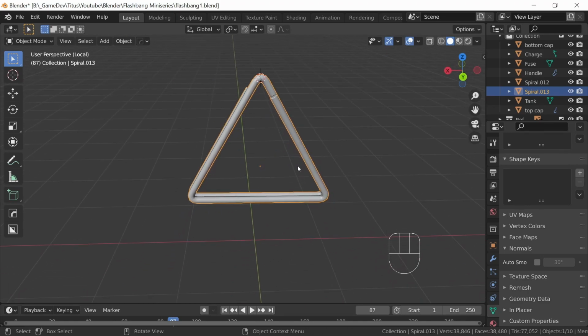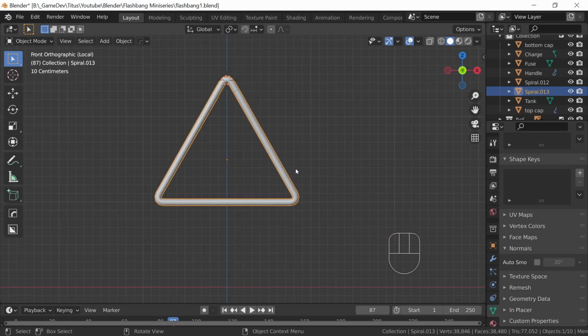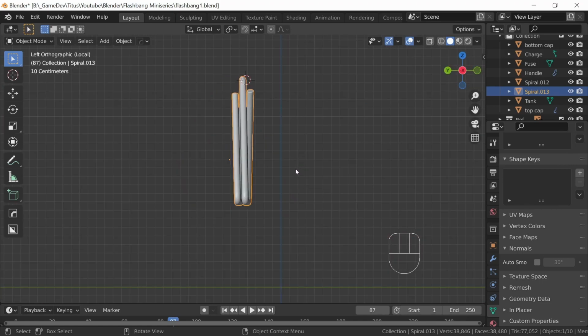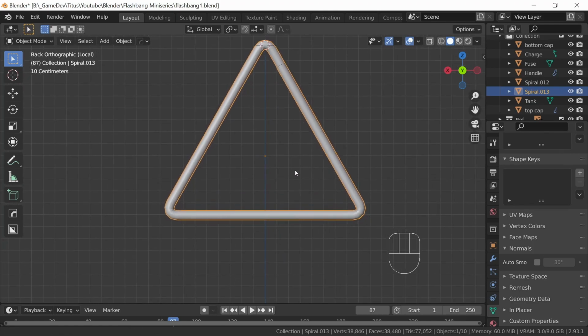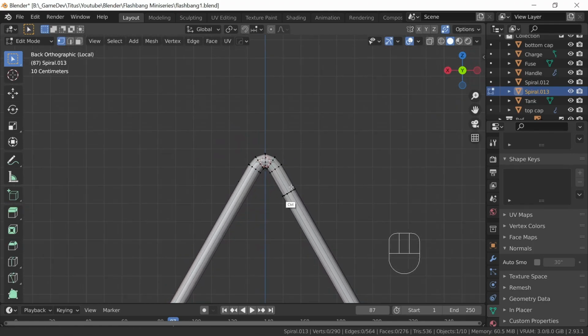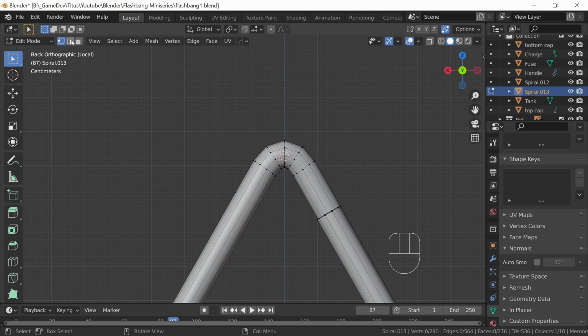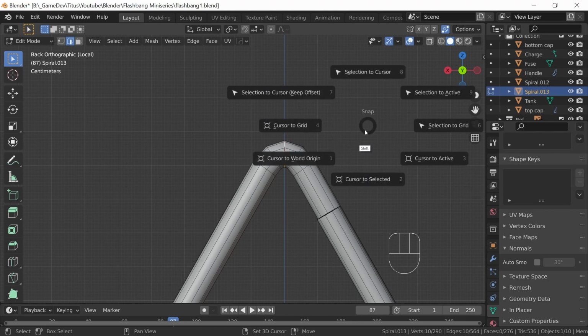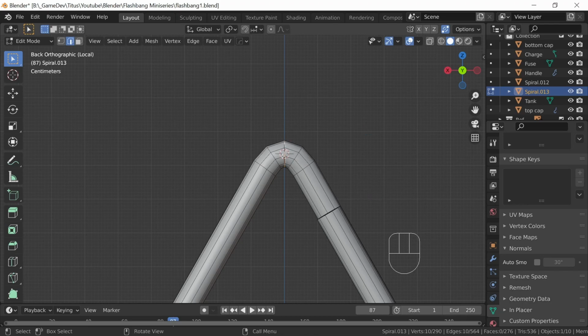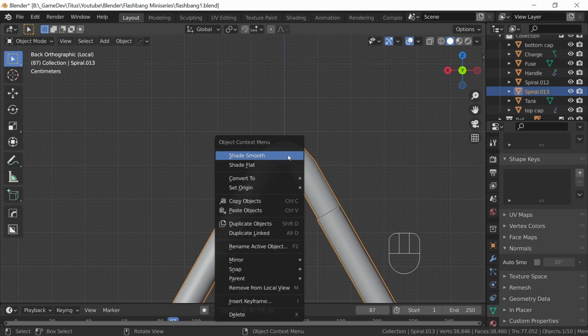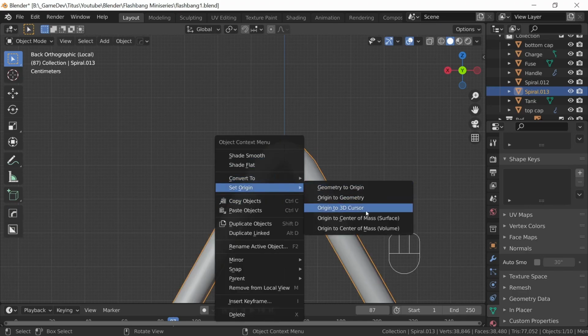So let's go isolation mode. We'll go back view. Oops, Control 1. And in edit mode, and we're gonna cheat. We're gonna go to edge select and hold Alt. Select that loop. Then if you do Shift S, that brings up your cursor selection. We're gonna do cursor to selected. So that moves our 3D cursor there. Then we can tab into object mode and right click, and we can set the origin to the 3D cursor,